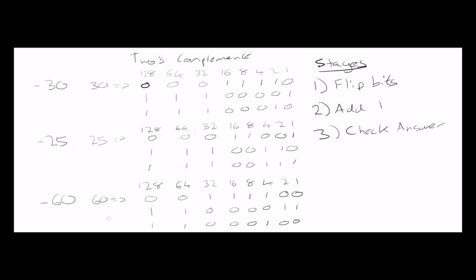So that gives minus 60. Okay, and if you were to check these answers, and I always recommend you do this to make sure you've got the right one, all you do is treat this as minus 128, and then add where you've got a 1 in a particular column, add that value to the negative 128, and then you should get